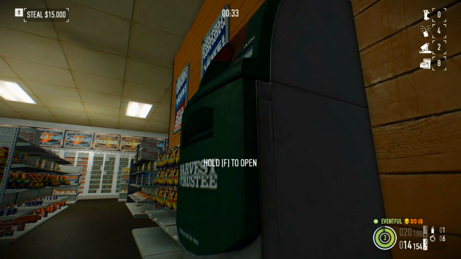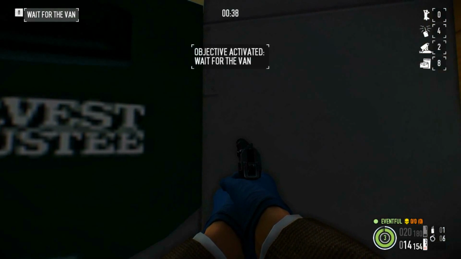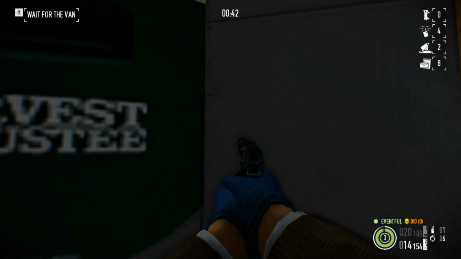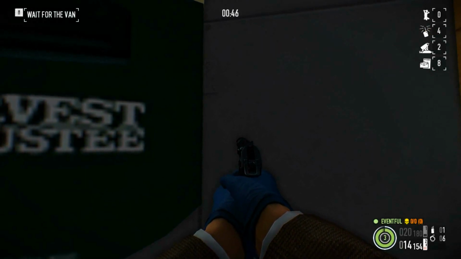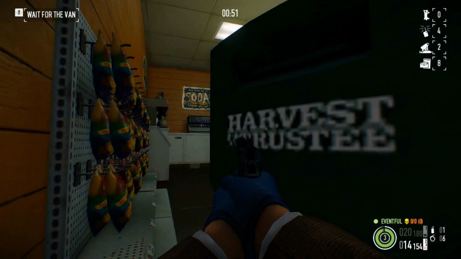Keep holding F, and boom, we're done. Now we just wait for the van. So we can sit here and do this all day, and I'll keep getting $65,000 over and over and over again. It's really up to RNG, random number generators, to decide where the van comes, and even where this ATM